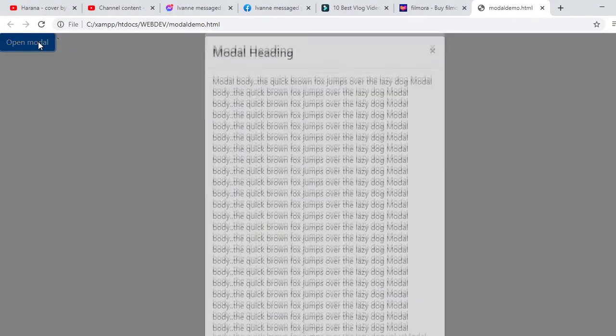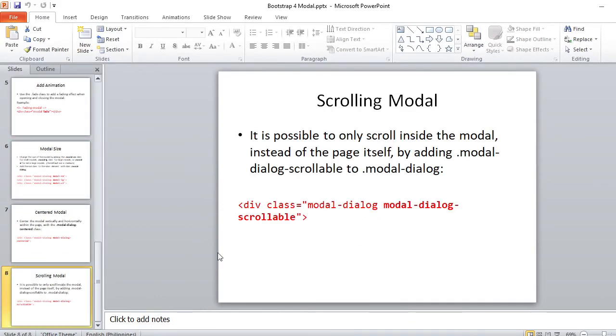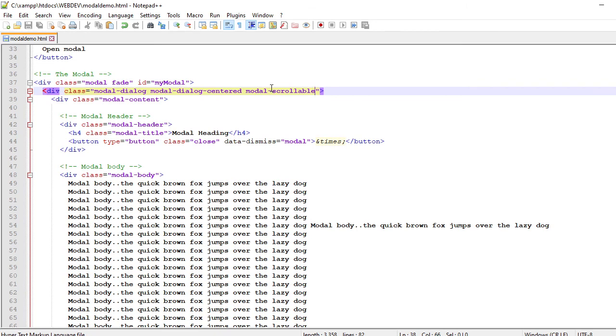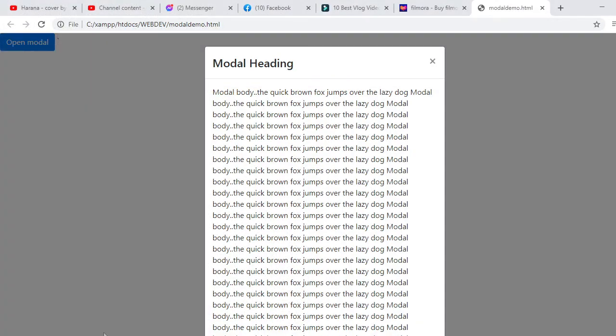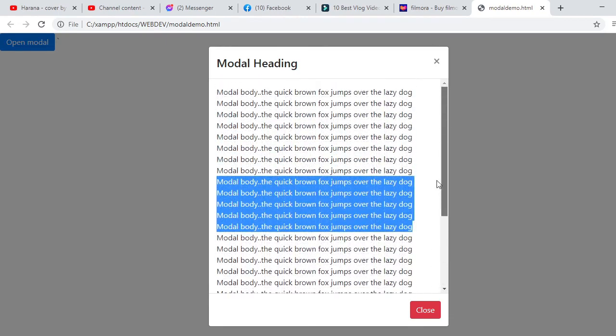So refresh. Oh, do I have the correct class? Modal-dialog-scrollable. So it should be modal-dialog-scrollable. Sorry about that. So save, and then we refresh, open this. So again, the dialog now is scrollable. So that is now my demonstration for modal dialog. So thank